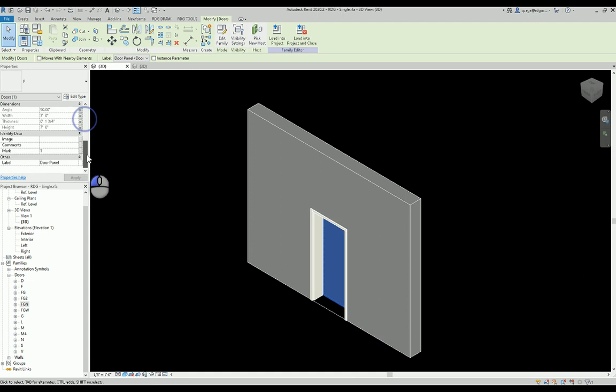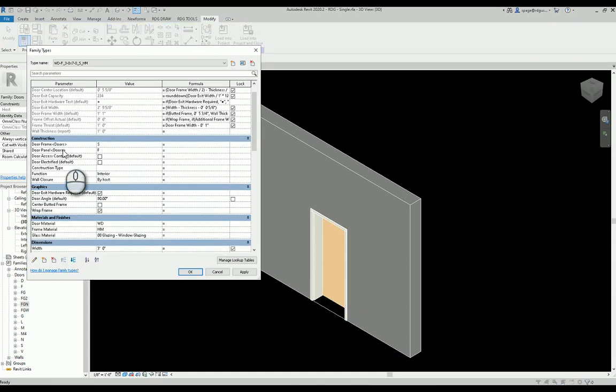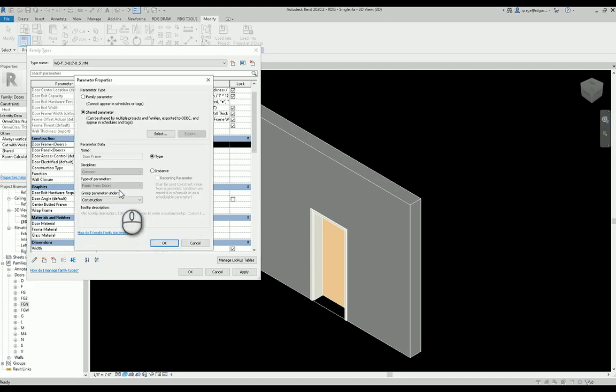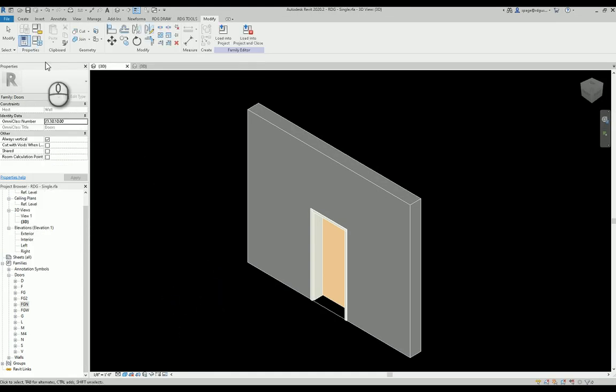So when I change the option inside the family in terms of door frame or door panel, this is actually a shared family parameter. It's a family type and it's a parameter that's shared. We use that so that we can also tag and label those parameters and schedule them in the actual project. So if you watch here for just a second, if I go up and do a